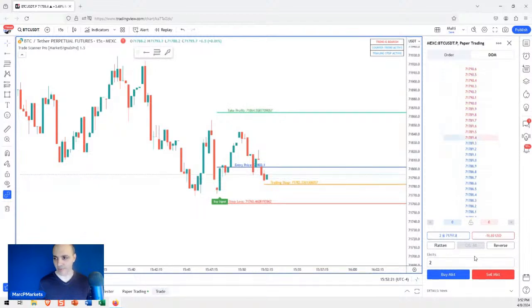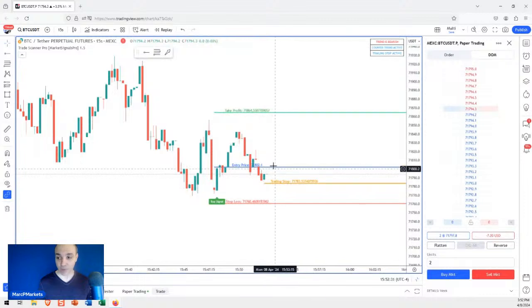Okay, it hasn't touched it yet, but you notice something though. I may be taking a loss here, right? But it's not the full loss. It's only this section. You see that? So I just cut my loss in half. I'm not out yet, but that's the advantage to using something like this.